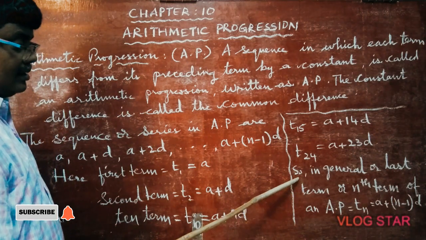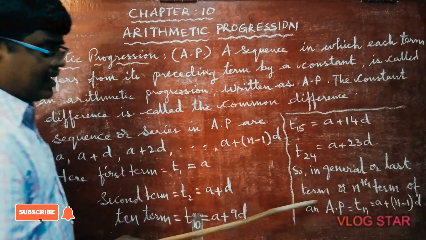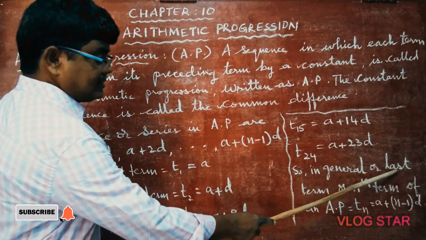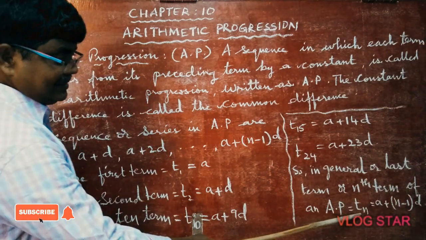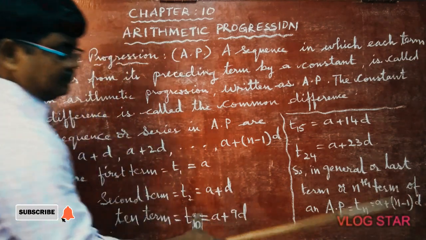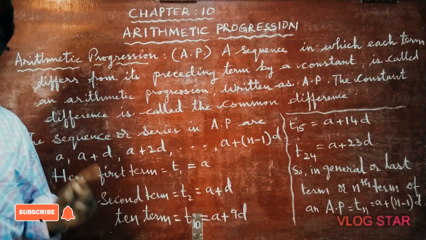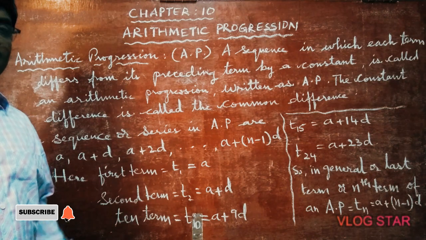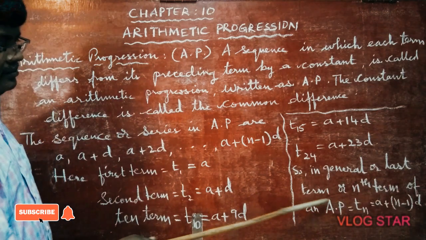You'll get plenty then. So, in general term or last term or nth term, three names are there: general term, last term, nth term. These three mean the same. The formula of an AP is Tn is equal to A plus (n minus 1) into D. This is the general term, or we can say last term or nth term. Three names for one person, I told you. Some persons will have three names. Same person only with three different names. In the same way here also: general term, last term, nth term.